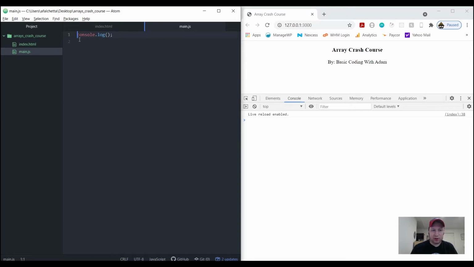Okay, so first off, I want to start by saying, like I said, an array is technically considered an object since everything in JavaScript is considered an object. But an array is basically a variable which can hold more than one value. And I think that's important to note, is that if you create a const, and we're going to be using const and let in this, const a